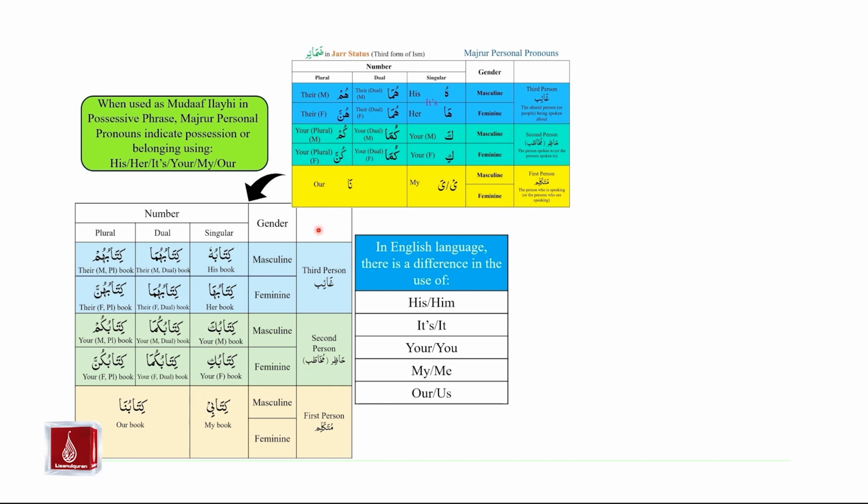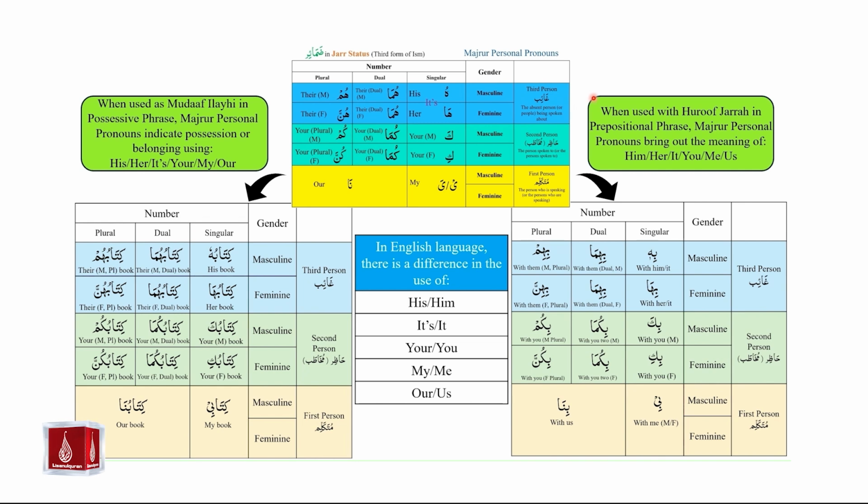In contrast, when majrur personal pronouns are used in murakkab jari, when they are used with huroof jarrah in prepositional phrase, majrur personal pronouns bring out the meaning of him, her, it, you, me, us. So instead of his in this case, we have the meaning of him in this case. Her will stay the same in both cases. Its versus it, your versus you, my versus me, our versus us. For example,